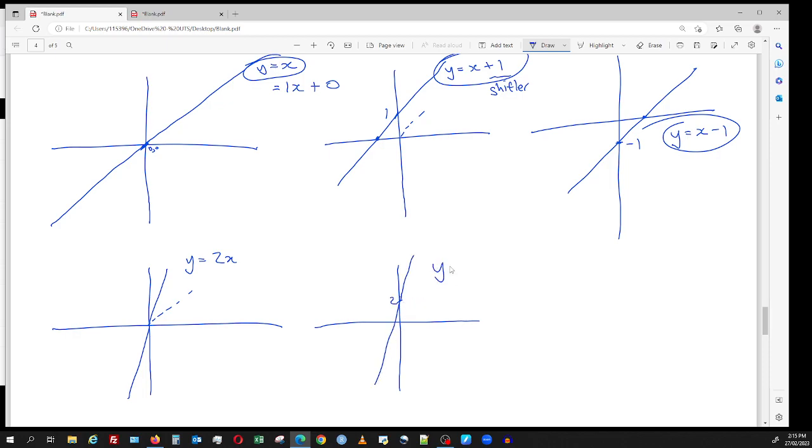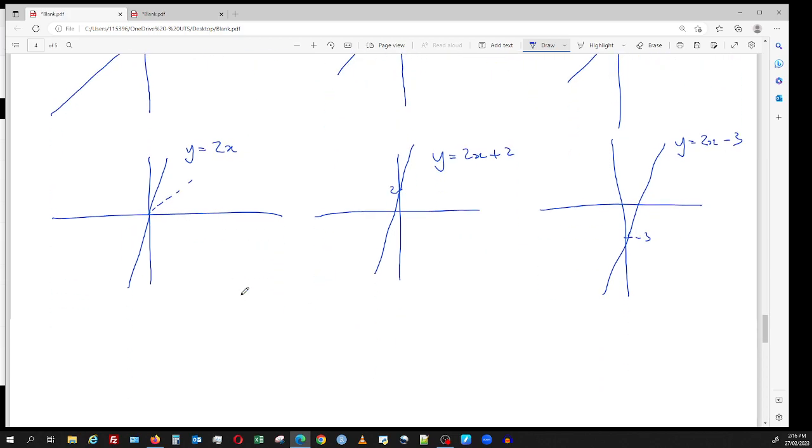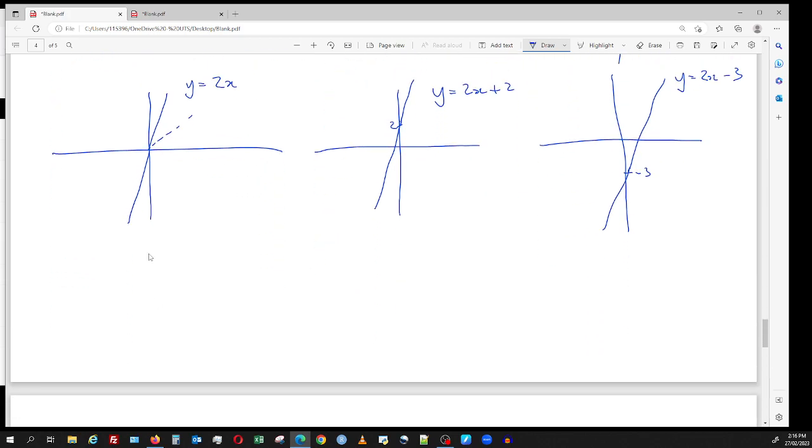So we would get y is twice as steep at 2. And twice as steep down here at minus 3. It's still twice as steep, but we've got y equals 2x, but shifted down. Okay, so these are general ideas. They're very, very straightforward. Our table of 9 of these things will give us the